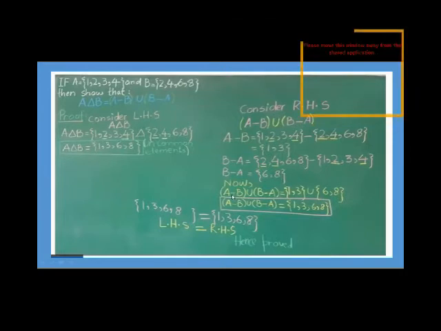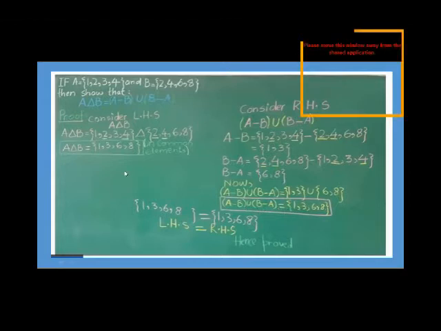Now on the right hand side, we have A minus B union B minus A. So we write equal to the result of A minus B, which is 1 and 3, then union sign, then the result of B minus A, which is 6 and 8. And for union, you have a clear understanding. Here we are going to combine the two sets and write their elements in a sequence. So that's why we have noted 1, 3, 6 and 8, which is the result of A minus B union B minus A.